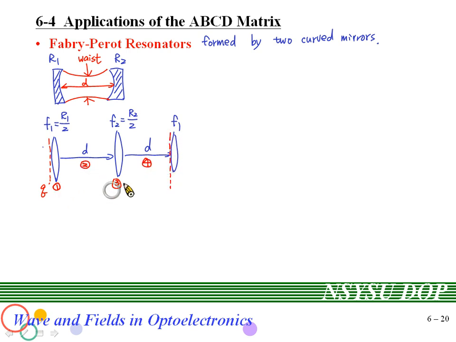These four steps will form a loop, right? So every time it will repeat the loop again and again. The whole system can be considered as these four subsystems, and here the q will become q prime. Because this is a resonator, q prime should be the same as q, because the mode will be the same after a pass. It is the property of the resonator.